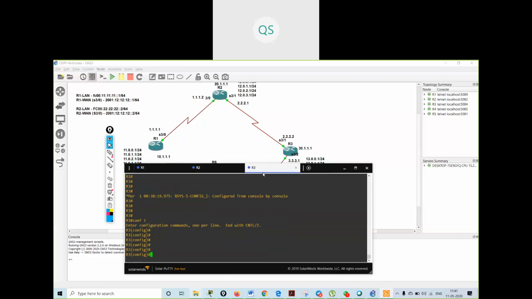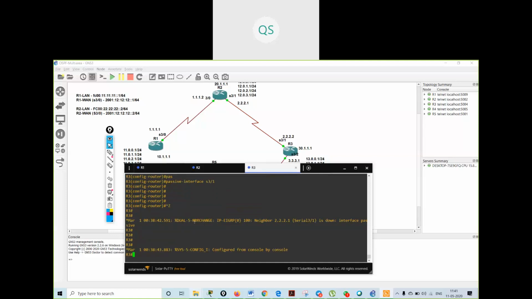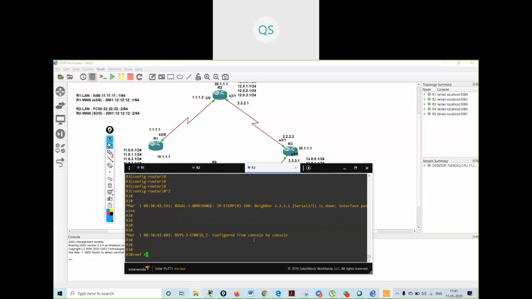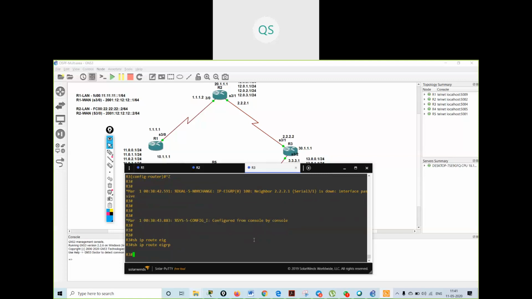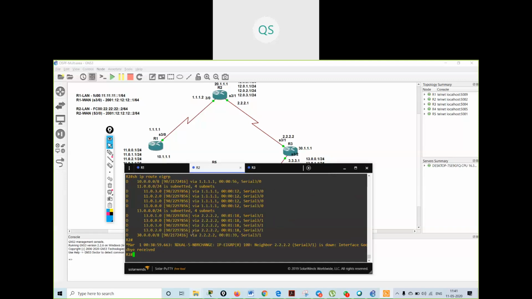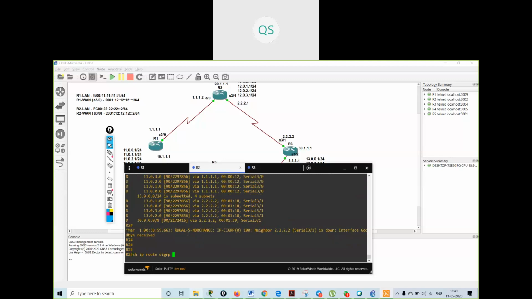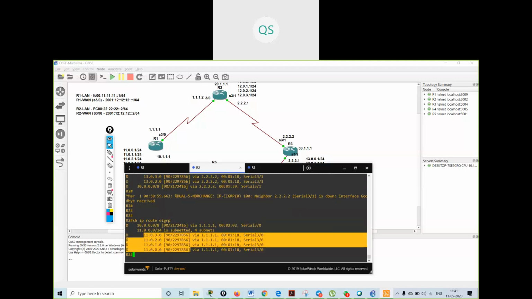Router EIGRP 100, passive interface S3/1. See, my neighborship is down with R2. If the neighborship is down, it will not send any updates. I don't have any EIGRP routing table here, and over here I am only getting the 11 dot routes.